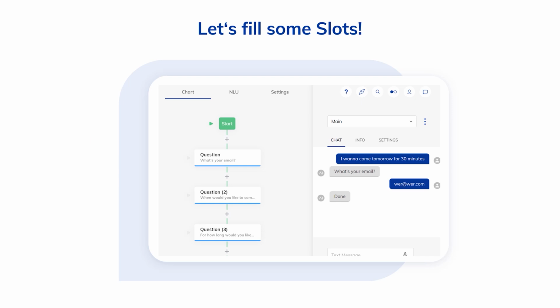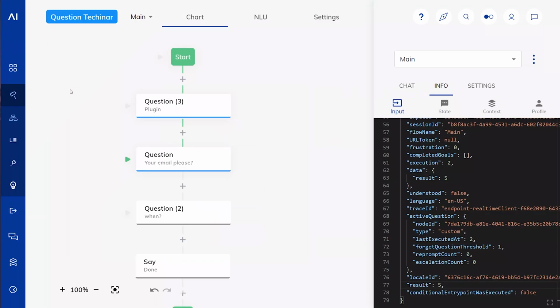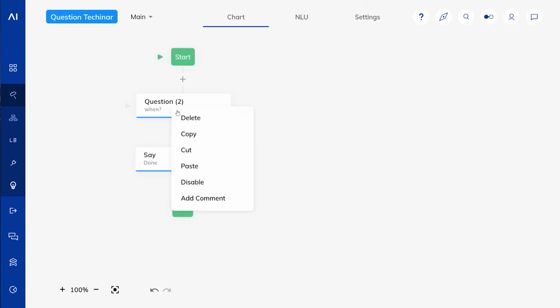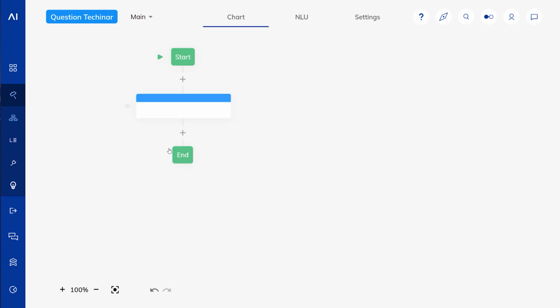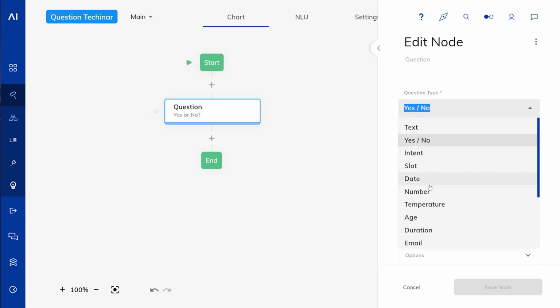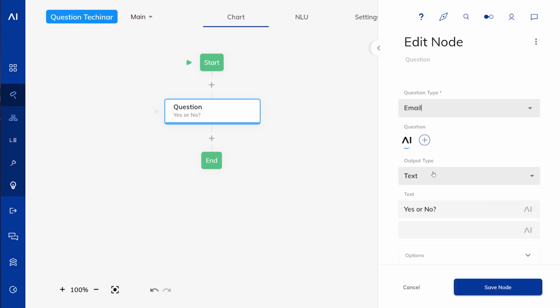So let's go and do some slot filling. For that, we are going to actually delete most of this flow and just build a new one, where we're going to say, okay, we have 3 questions that we're coming in with. We have an email question, for example. What's your email?